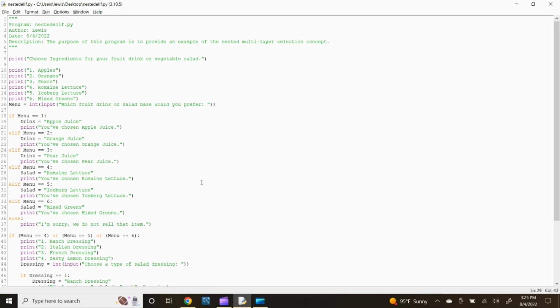Enter. Type ELIF menu, double equals 5, colon, press enter. Assign a statement to the word salad for this condition, therefore type the word salad equals, quotation, iceberg lettuce, close quotation. Click enter and type the print statement for this condition. Type print, open parenthesis, quotation, then the statement, you've chosen iceberg lettuce, close the quotation, close the parenthesis, then press